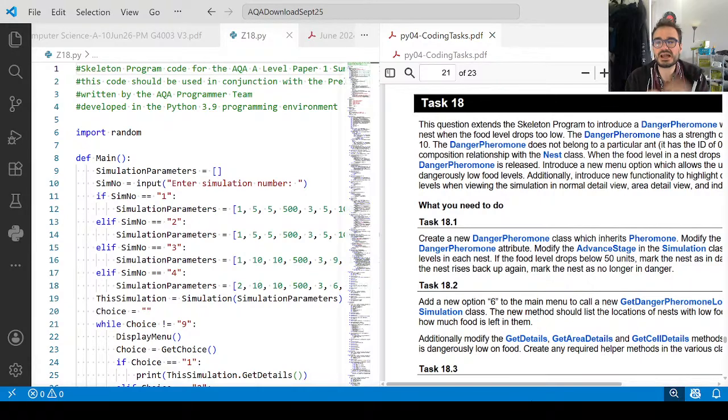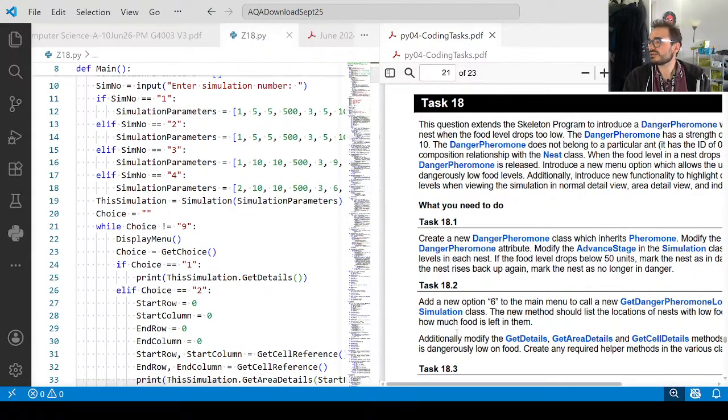Like, why would the nest say, "Hey, I'm a hungry nest," where it is then? Pheromones are meant to mark space, but it doesn't matter. Not going to question it too much. So it's a new danger